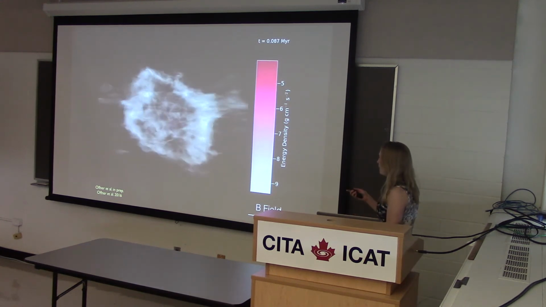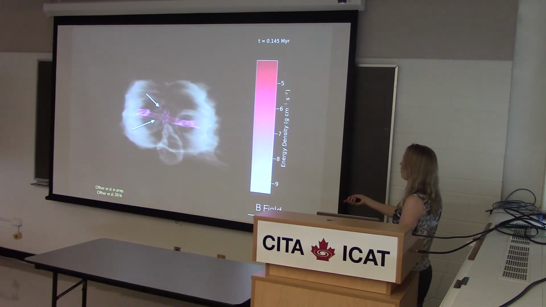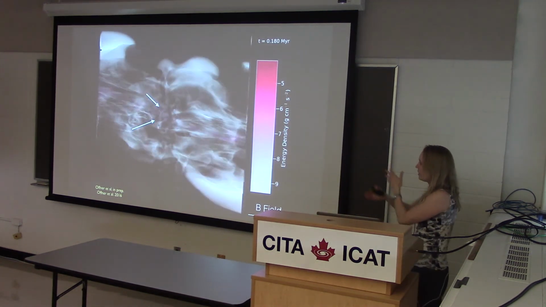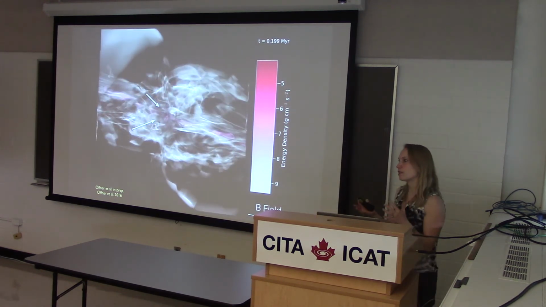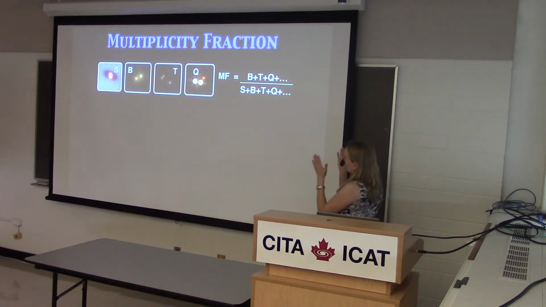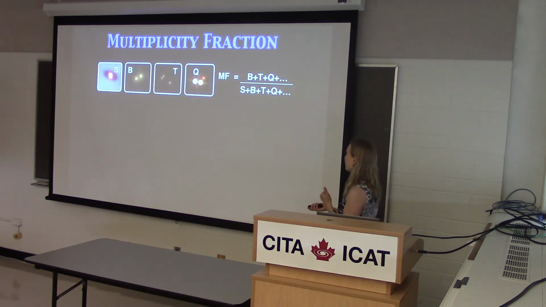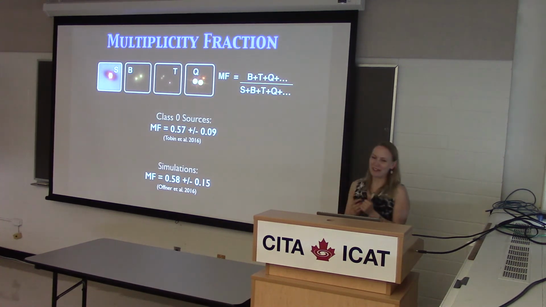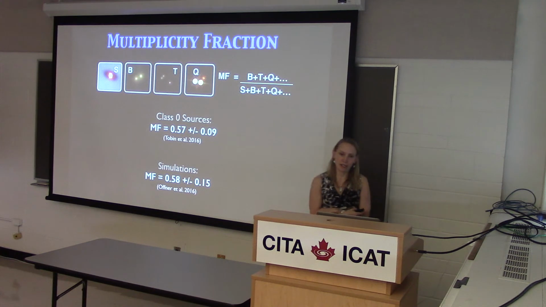So the core collapses. Then there's the formation of the first protostar in the center, which drives an outflow, and then a secondary forms right there. You can still see the outflow, though it gets progressively messier as the simulation evolves, because the outflow also drives a lot of turbulence within the local environment. We can take the sample of simulations and calculate the same multiplicity fraction that John Tobin did. He got, for his class 0 sources, 0.57, and I get 0.58, which is actually too good to be true, I'm sure. But it does tell us something interesting, I think.